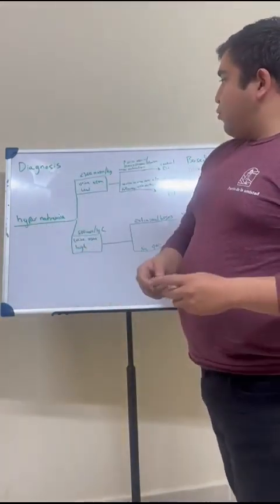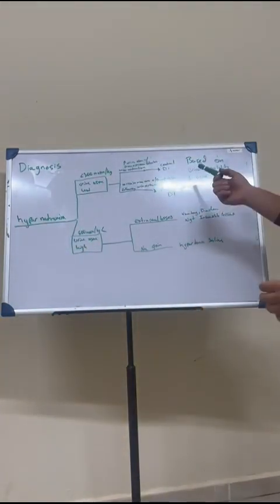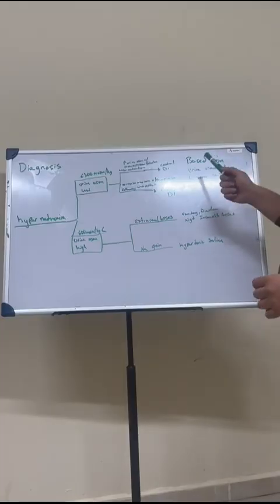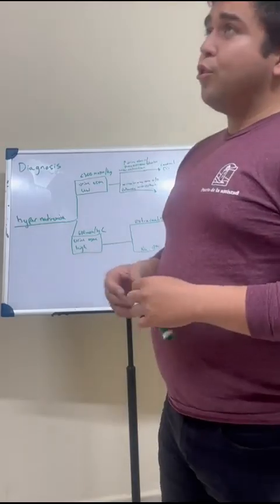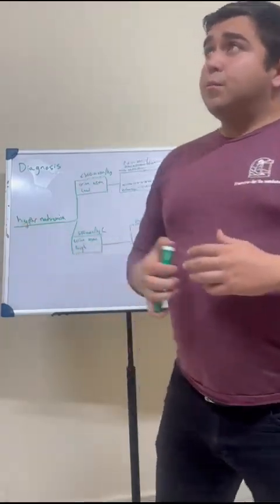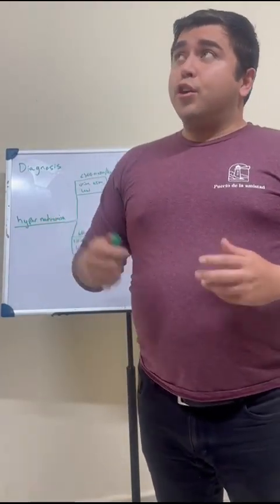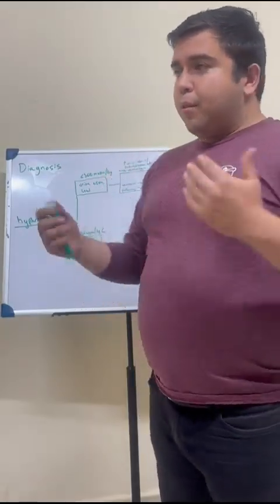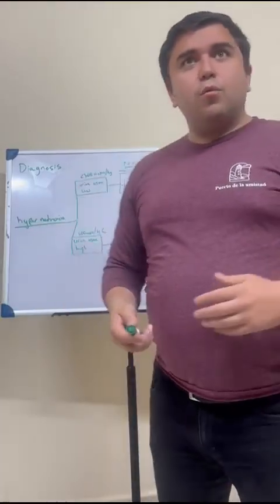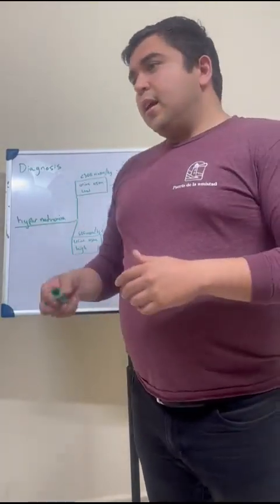So we have hypernatremia, and the diagnosis is based on urine osmolality plus urine sodium. So you're measuring the osmolality of the urine and the urine sodium, and part of the diagnosis is a water deprivation test,